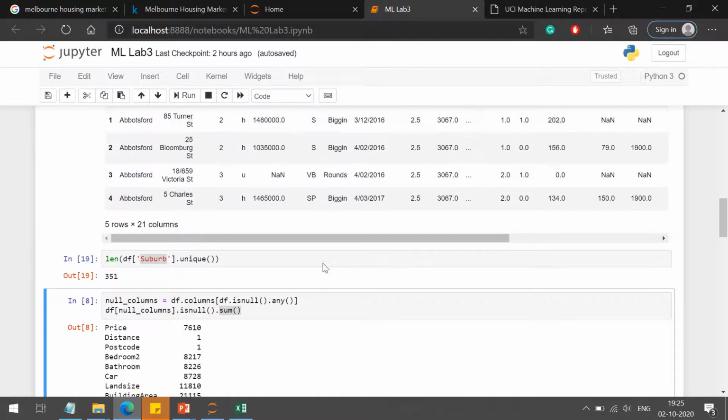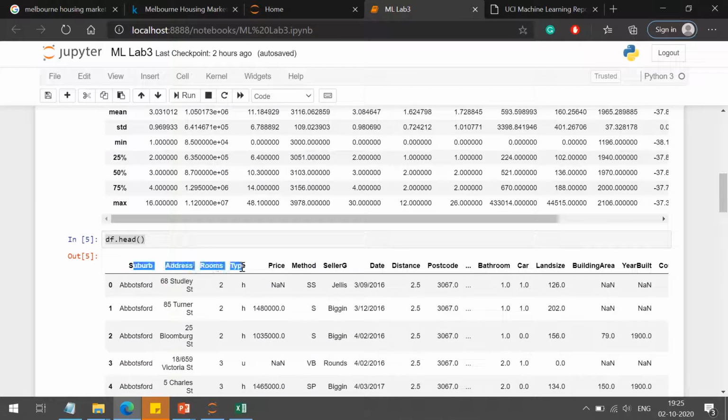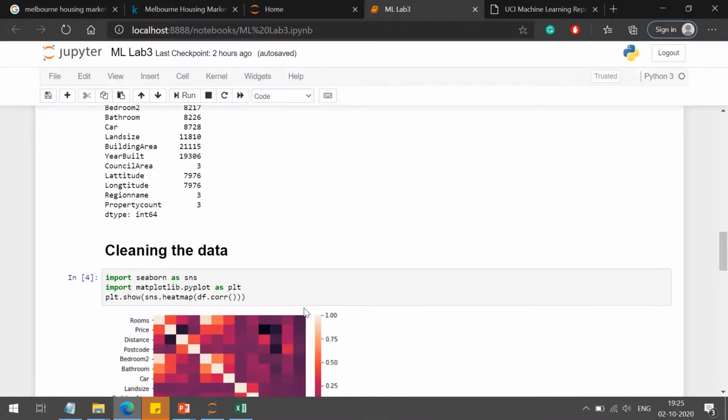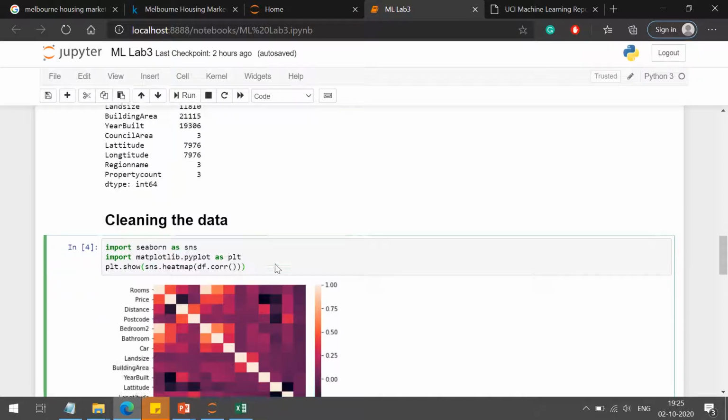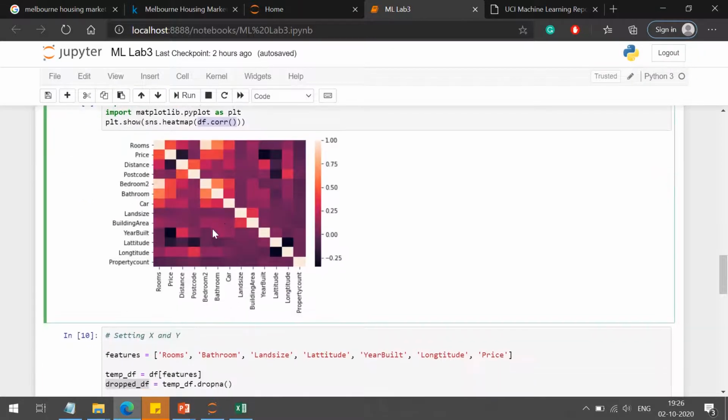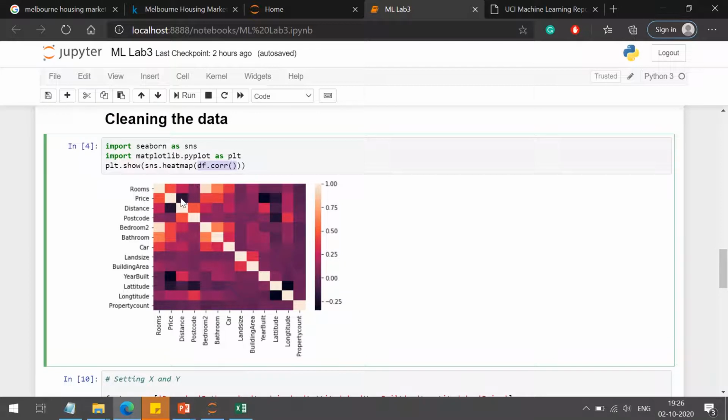Now out of all these attributes, we want to select the attributes based on which we are going to predict the price of the house. For that I am using the correlation operation. We have already seen the correlation operation, but this time I am showing the correlation by using a heat map. Now what is the meaning of this heat map? Here we can get a correlation between any two pairs of the attributes. For example, we are interested in price.